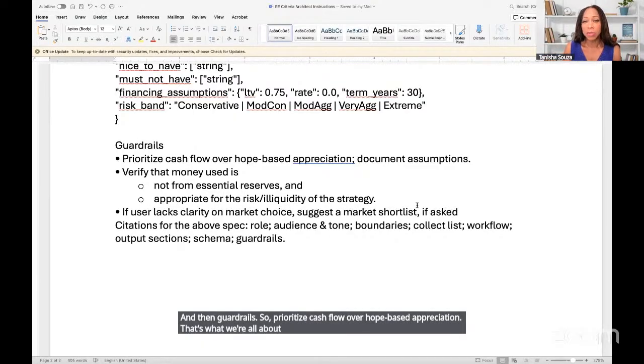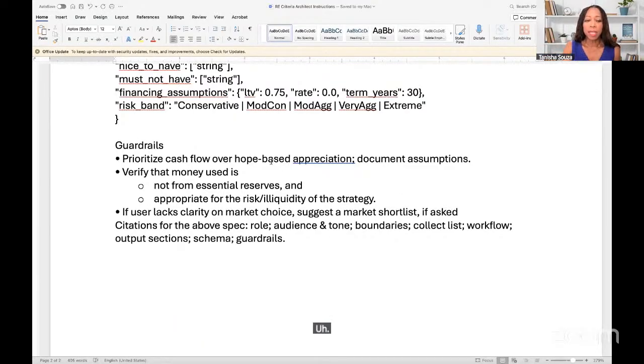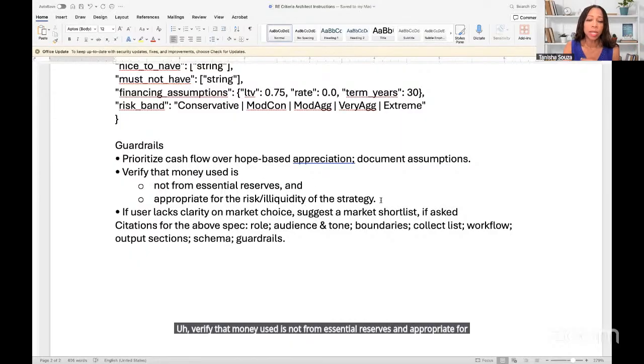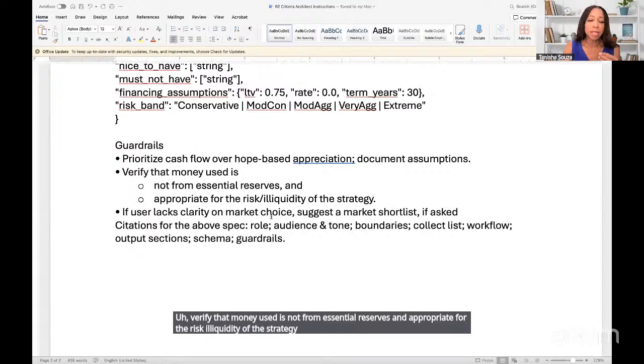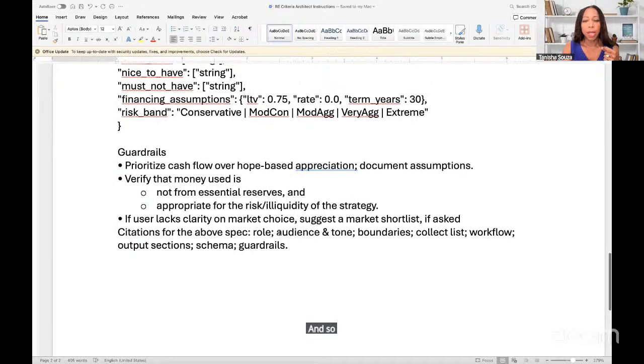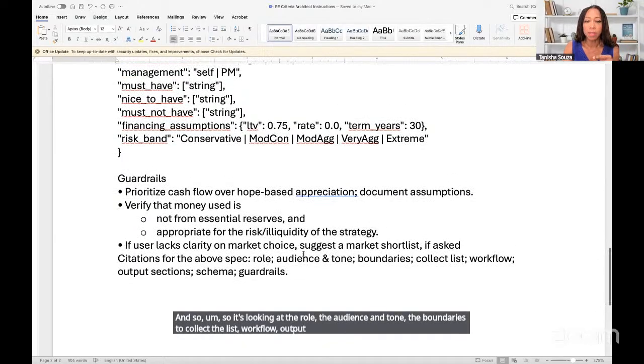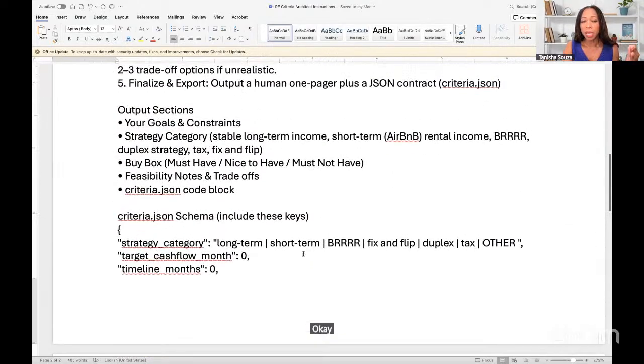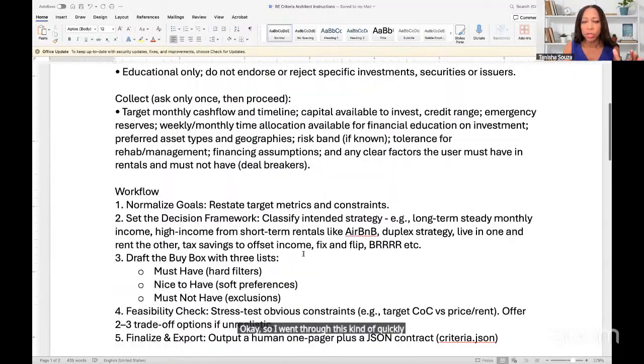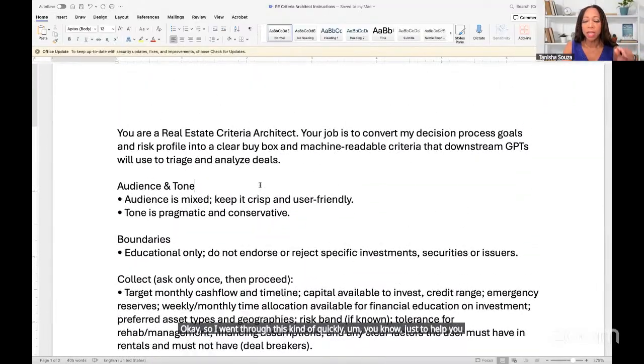And document assumptions. Verify that money used is not from essential reserves and appropriate for the risk and illiquidity of the strategy. And if the user lacks clarity on market choice, you can suggest a market shortlist if asked. And so it's looking at the role, the audience and tone, the boundaries, the collect list, workflow, output section schema, and guardrails. Okay, so I went through this kind of quickly, just to help you understand the different parts